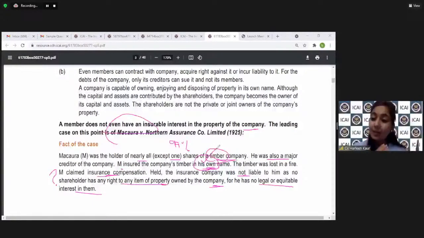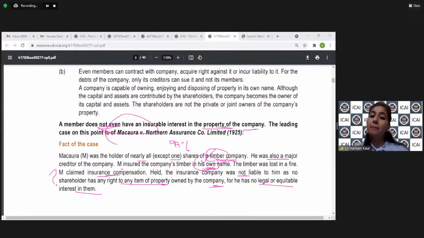Had the company been insured for the timber, we would have paid insurance to the timber company, because now the timber is the company's property. A member cannot have an insurable interest in the company's property. This timber now belongs to the company. It's a company's asset. None of the shareholders can have insurance in his own name. So it was held that if it had been in the name of the company, the insurance company would have